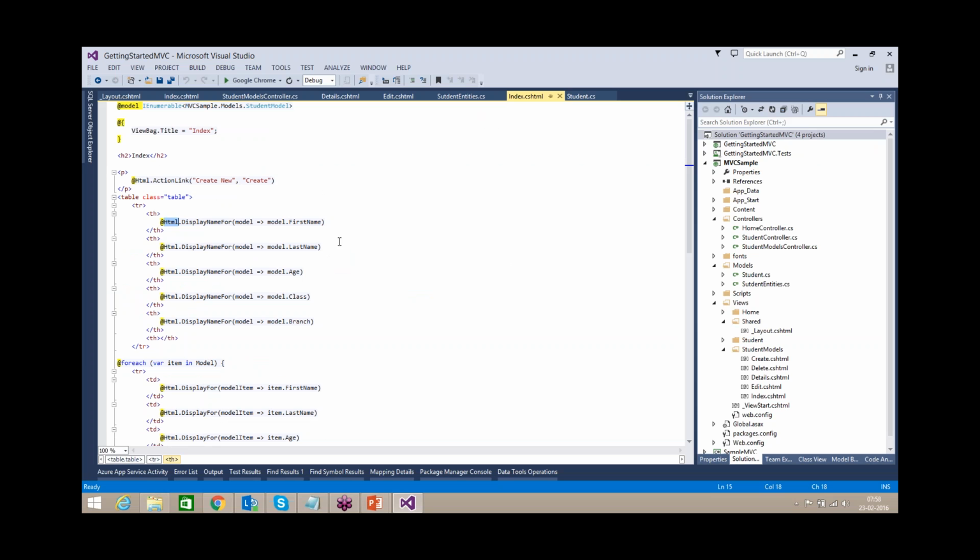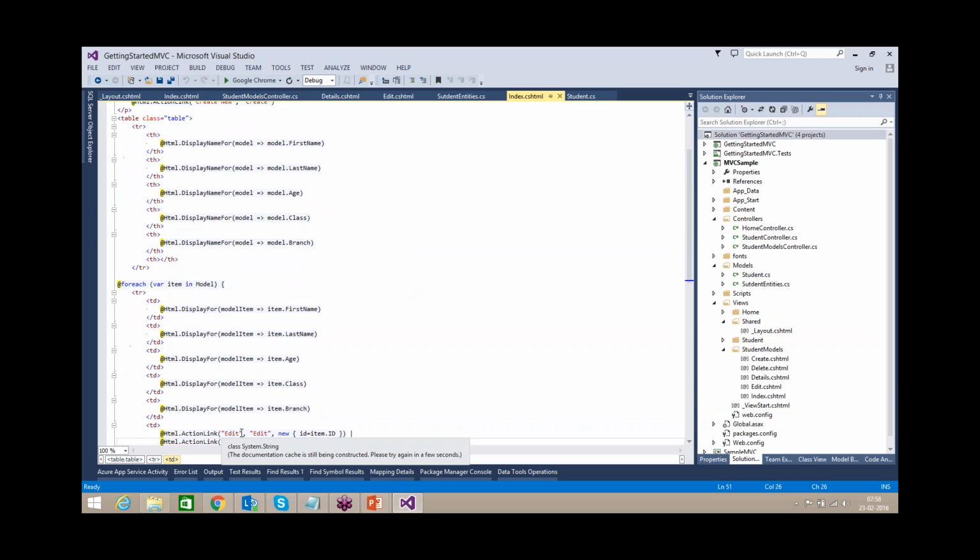Then here you can see DisplayNameFor, this model is bound automatically. This is Index.